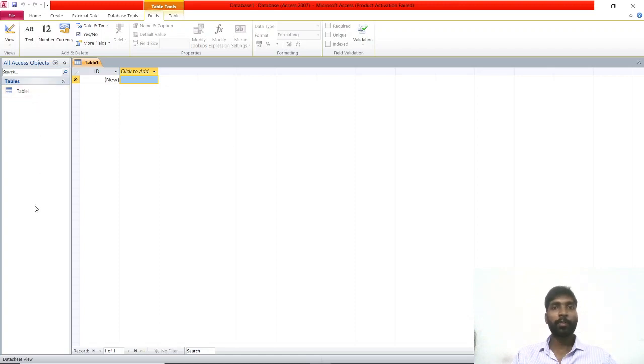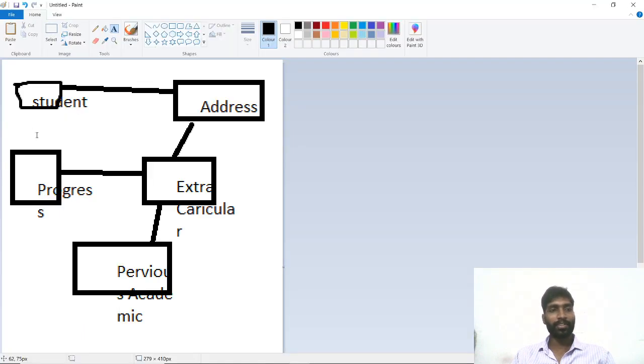Here you can see how many tables you created: student table, address table, progress table, extracurricular table, previous school table, and each table holds 10 fields or 15 fields, as you wish.